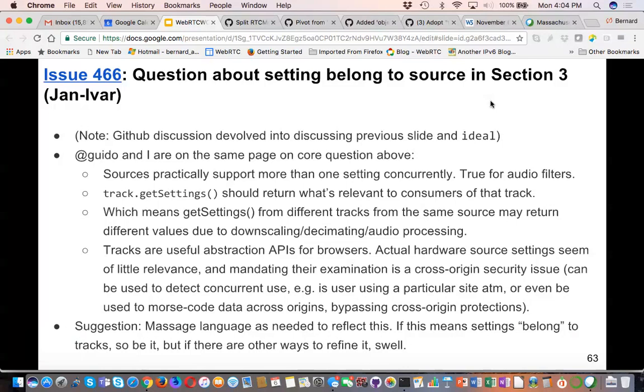Joe and I were discussing this on the same page. Practically support more than one setting currently. I'd like to see it handle that. So that means setting should return what's relevant.